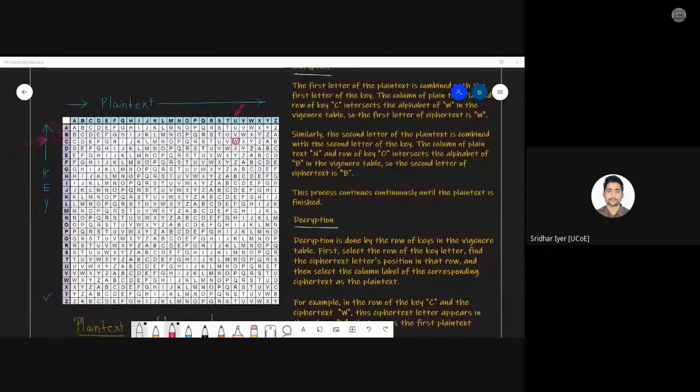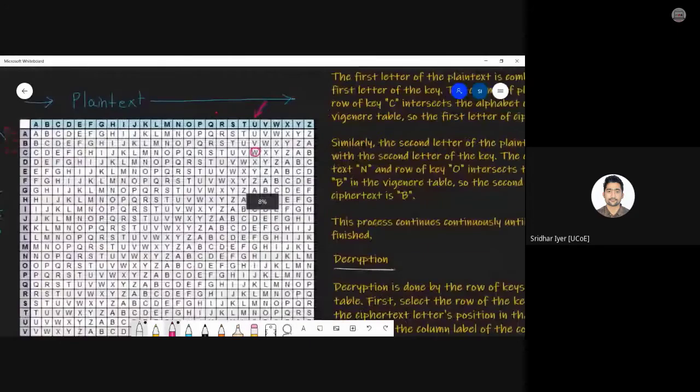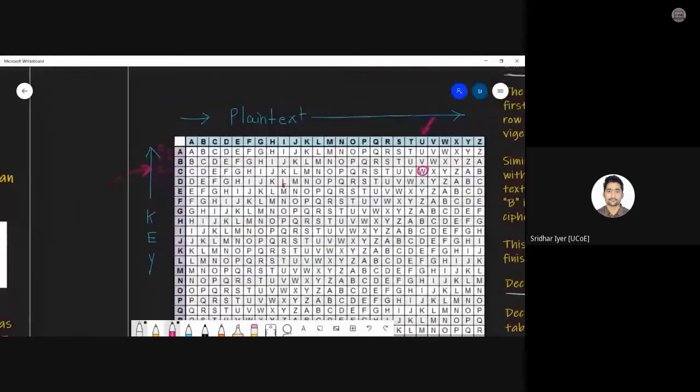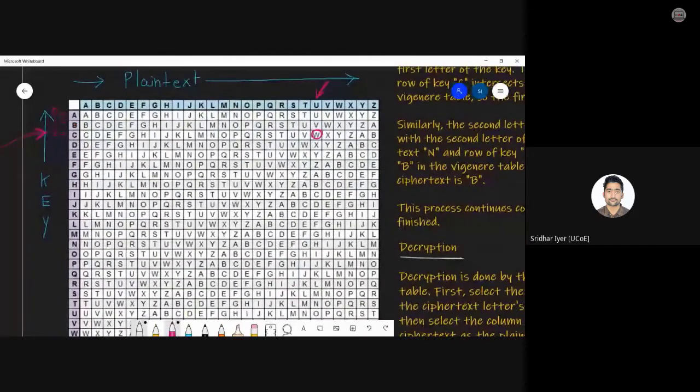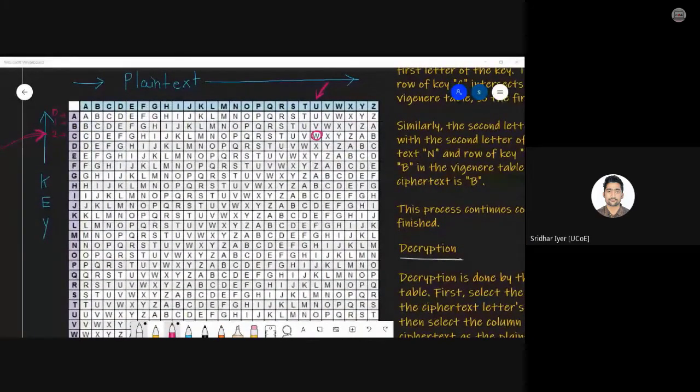I guess this is simpler. You don't need any sort of calculations over here. The only thing is you have to look carefully at the diagram. If you make a single mistake, the entire thing goes wrong. I'm repeating once again, this is very crucial. Don't end up making mistakes.